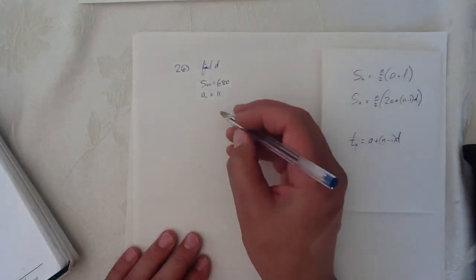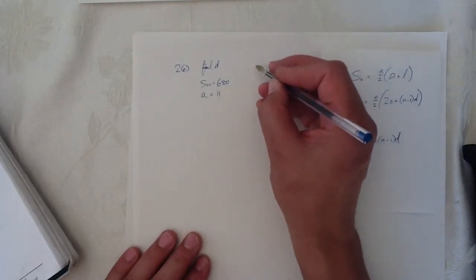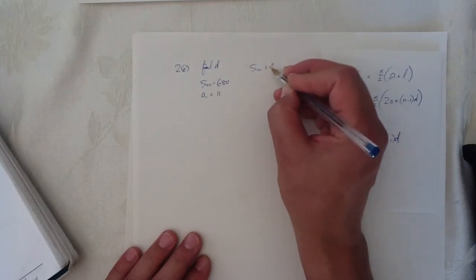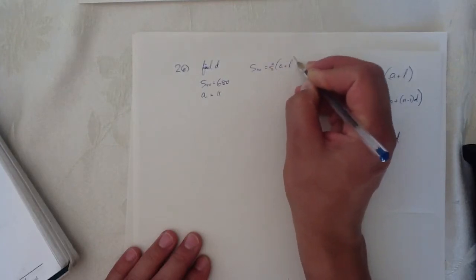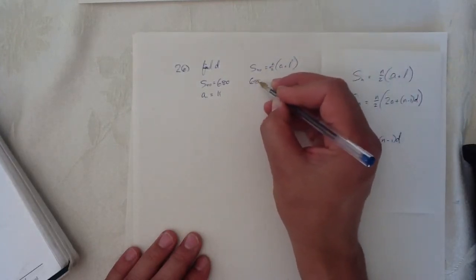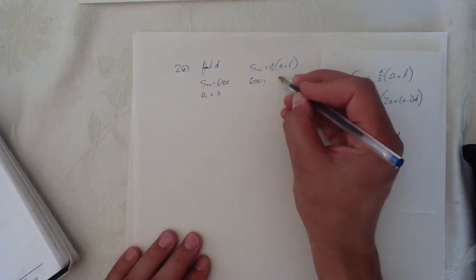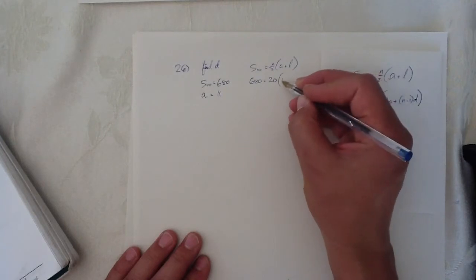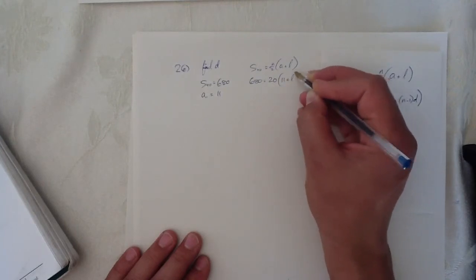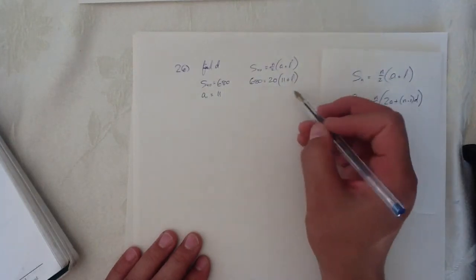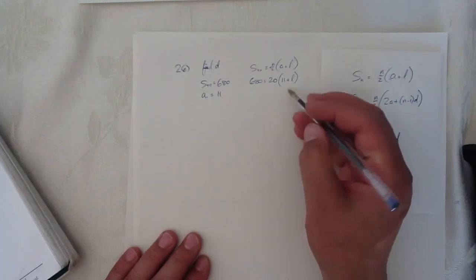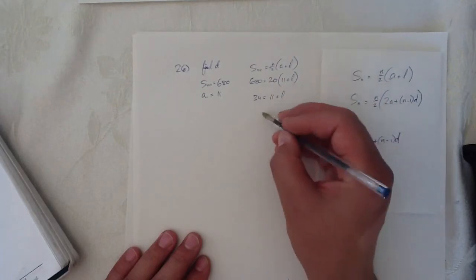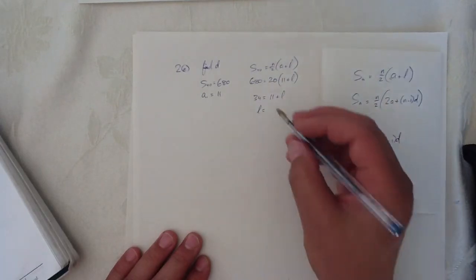The sum of 40 is going to equal n over 2 times a plus L. So 680 equals 40 over 2, which is 20, times 11 plus L. So let's divide both sides by 20. We get 34 equals 11 plus L, and L then equals